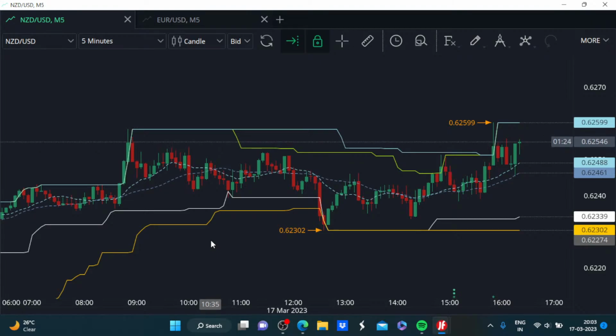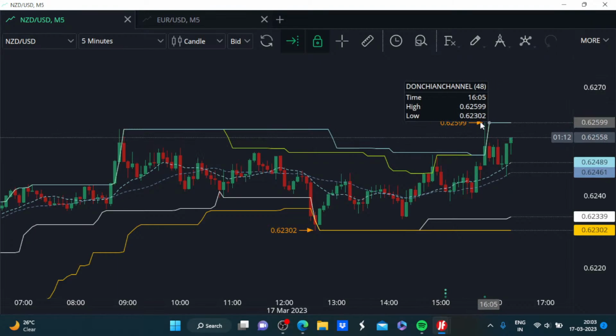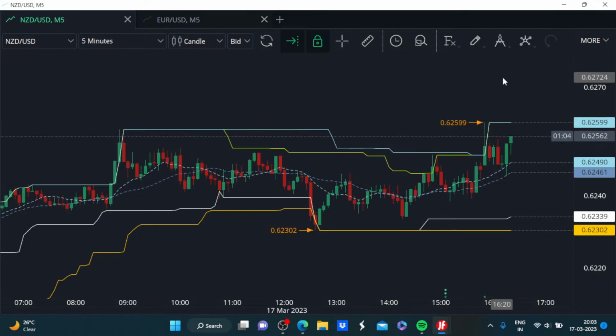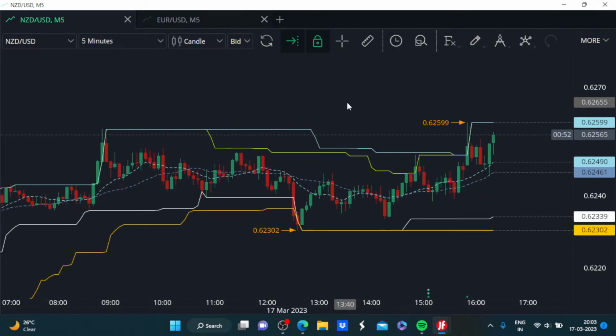So I think that puts the NZD in an advantageous position, and we are likely to see the NZD hold this lead, and maybe in coming hours it might even cross above this 0.62599 high established just a while back. I'm expecting it to climb towards, at the bare minimum, 0.6270 or thereabouts. And if things hold well, maybe in the next couple of hours, it can even think about the levels of around 0.63. That is going to be our next target, as it has strong bullish momentum on the hourly